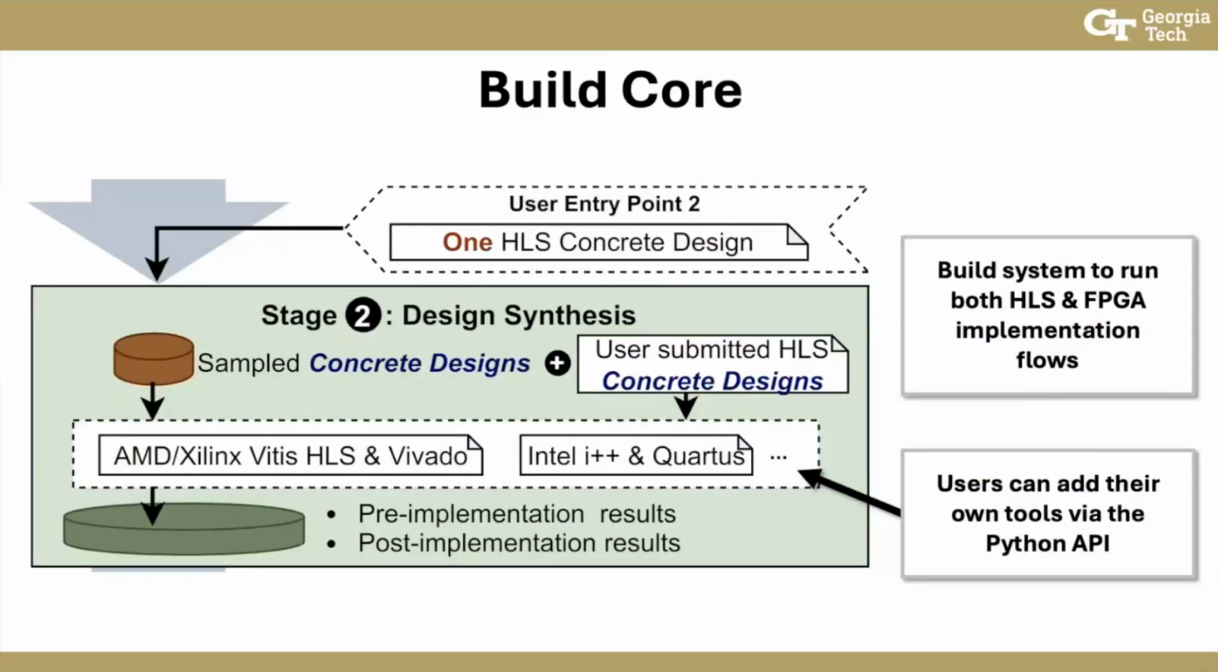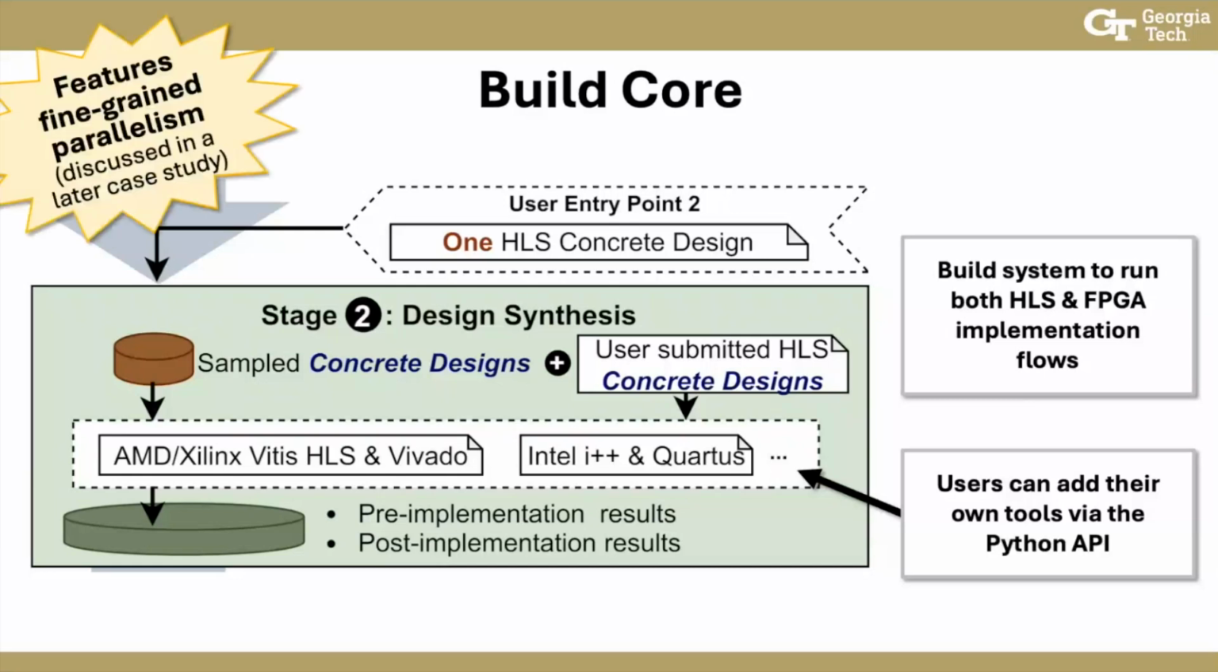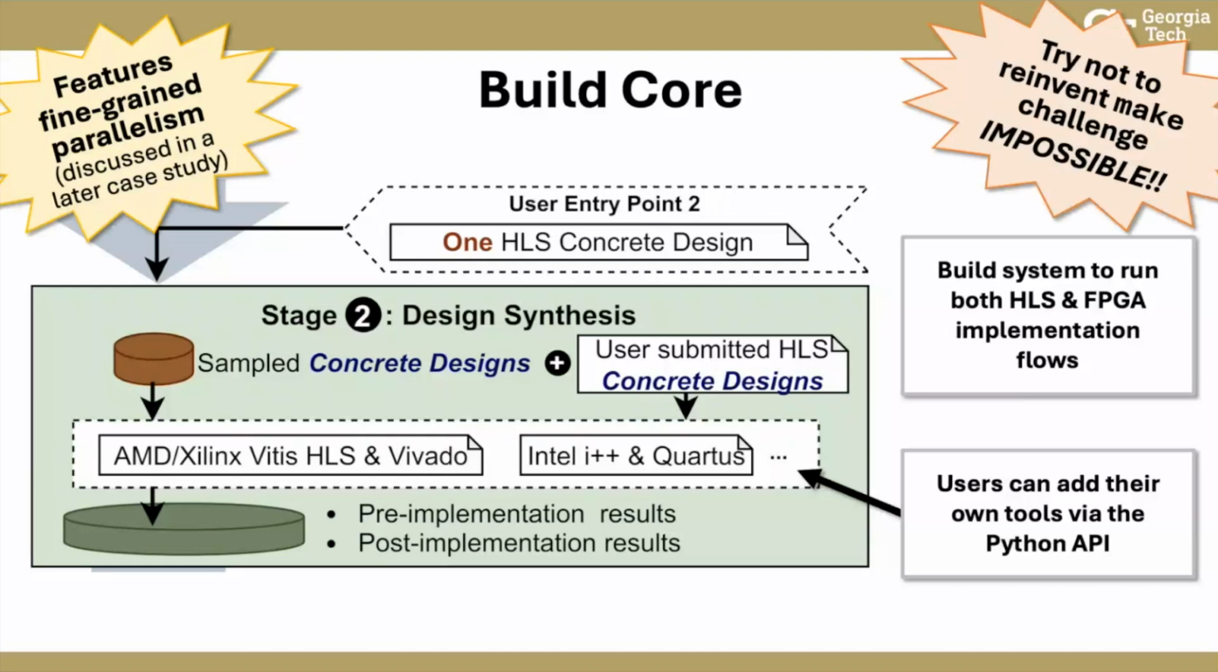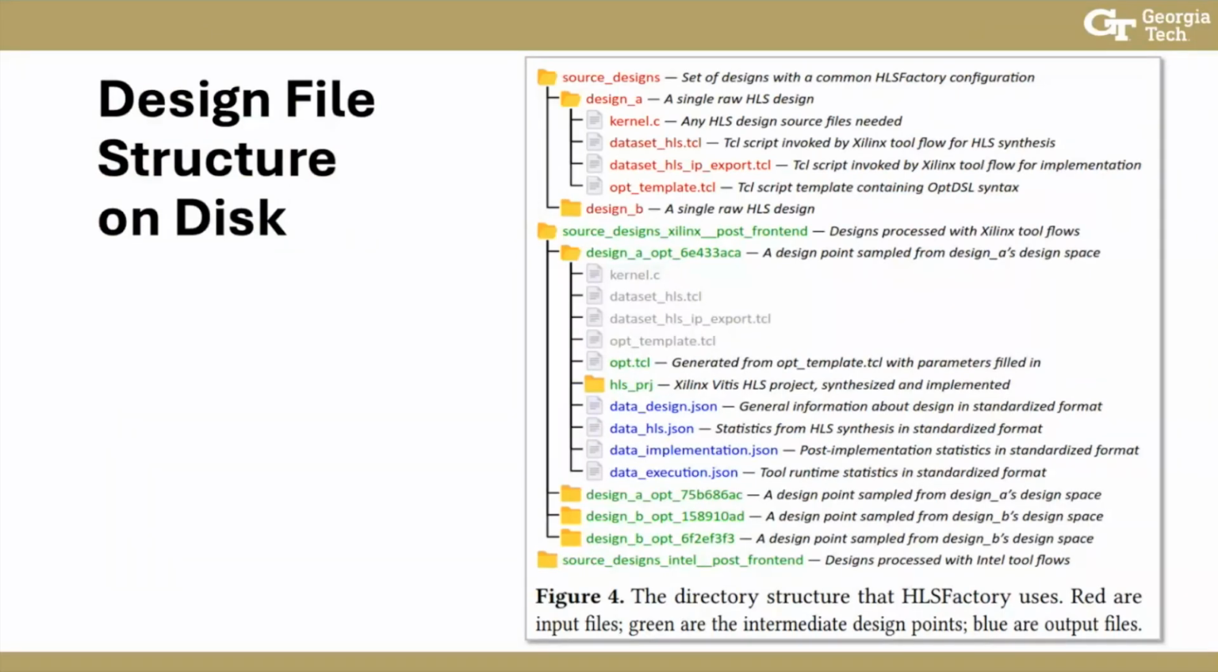So the second stage of the entire HLSFactory flow is around this build core. Essentially, we're building a build system, and we try not to make it super complicated. I'm not going to get super into the details about this automation because it is mostly engineering work. One important thing is that we add this fine-grained parallelism, which lets us build tons and tons of Vitis HLS designs in a very parallel fashion. But yeah, it's pretty self-explanatory. The only thing I will go into detail here is that